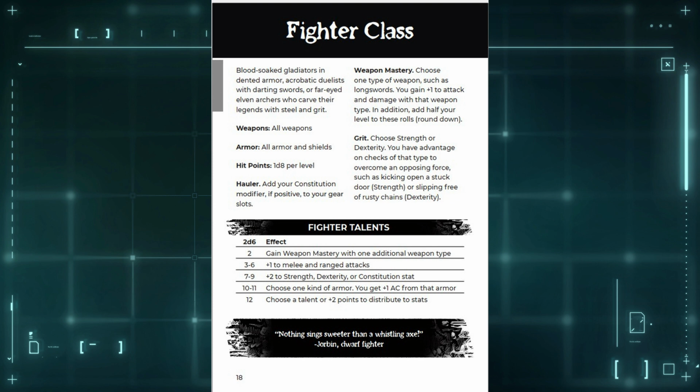Now, that might not be to some people's taste. I can definitely see that. But what it does is it enforces a level of creativity, right? So that you're not sitting there min-maxing a character, but you get what you get. For example, the fighter, if you roll a 2 on 2d6, you gain weapon mastery with 1 additional weapon. And if you roll 7 to 9, you get a +2 to strength, dexterity, and constitution. Or if you roll a 12, you get to choose a talent or put +2 points to distribute to your